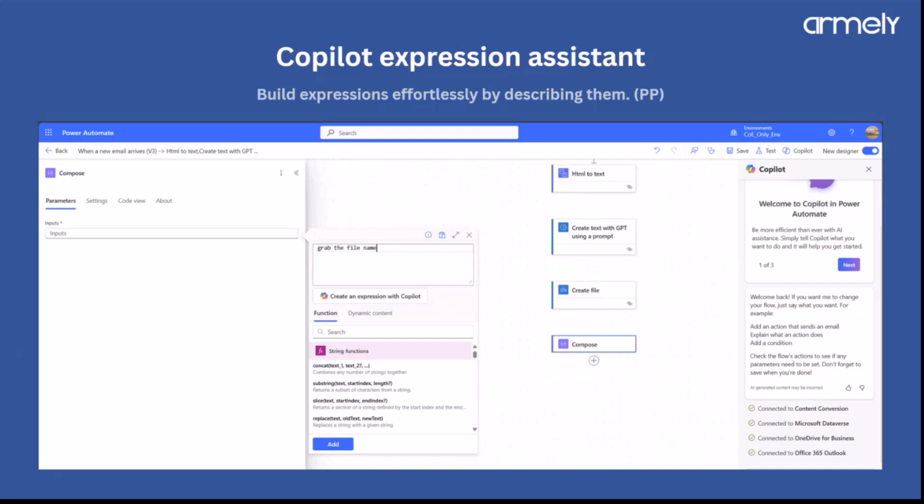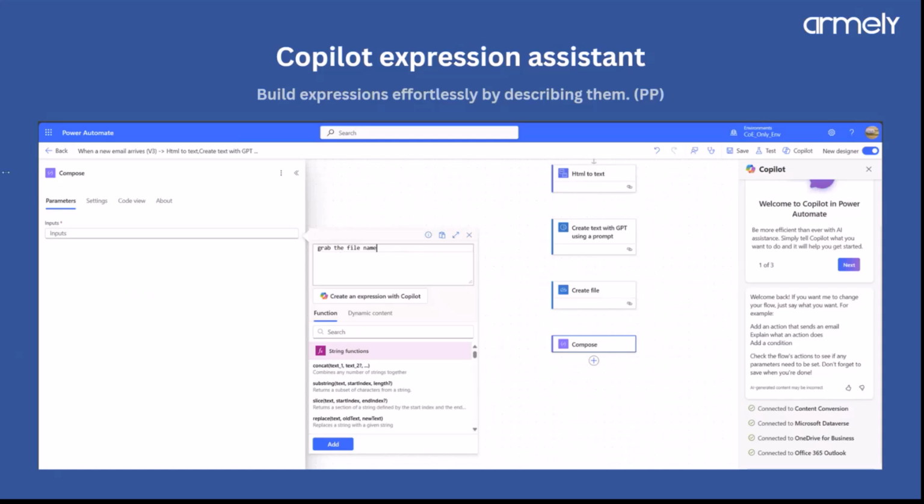An example is if I want to tell my flow to extract the last 4 digits of my phone number in, let's say, for validation. Manually, I need to have an idea of substrings, the outputs, the length, so that I can tell it it's -4 for the last four. But with now Copilot Expression Assistant, I just need to use my natural language and type, grab the last four characters of a phone number. And then Copilot will suggest the formula, and then I'll just review,